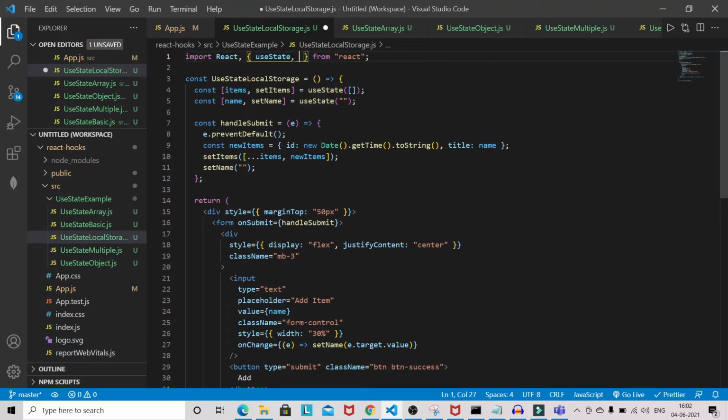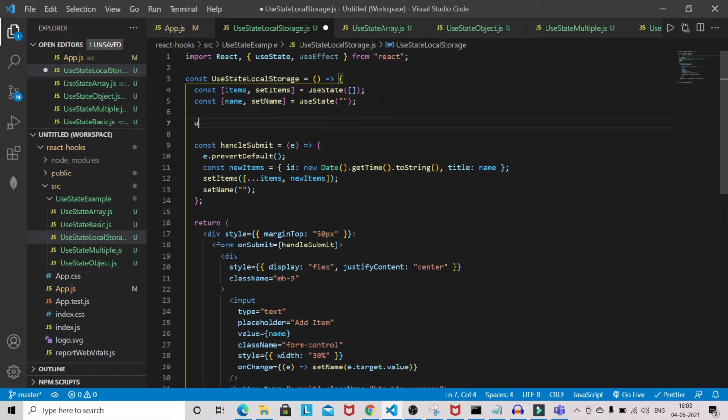So we have to use another hook, useEffect. So useEffect is basically similar to componentDidMount that we had in a class based component to deal with side effects like API calls and other stuff. Okay, so I will make another detailed video on useEffect. Okay, I will apply the useEffect here.